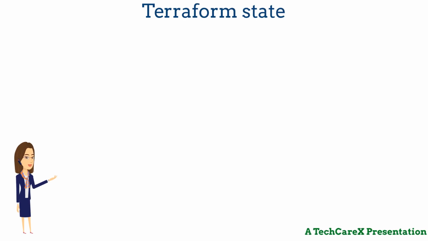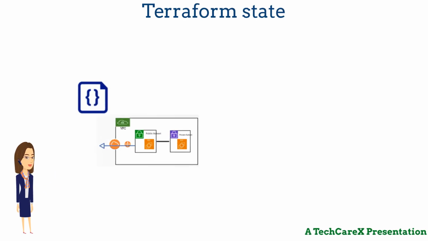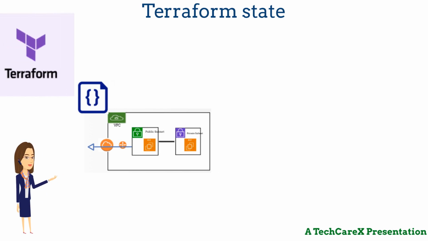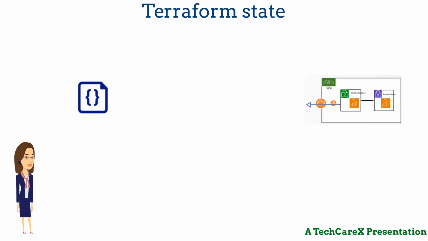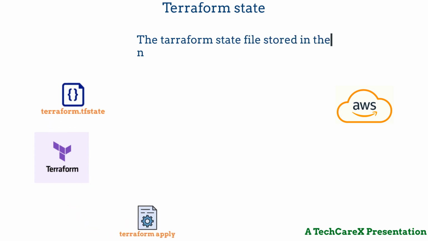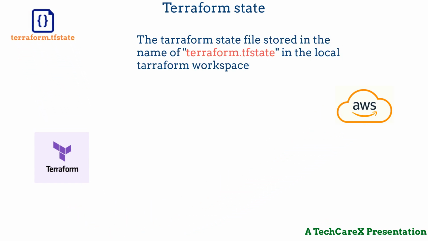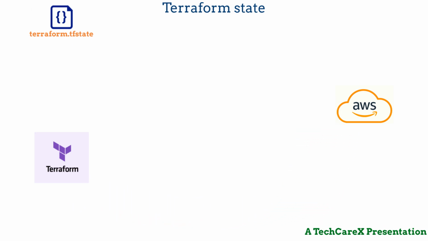Terraform state. This is a file that stores the current state of the infrastructure managed by Terraform. It acts as a snapshot of your resources. This file is created by Terraform itself when the first terraform apply command executes. After that, whenever the apply or terraform destroy command runs successfully, the state file is updated to track the current